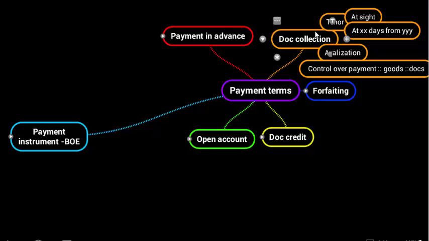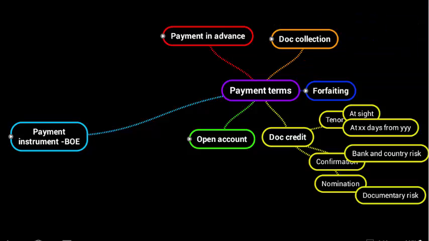So there is a limited control over payment by means of exercising control over goods, which in turn is in the form of constructive control over the documents, where the documents are documents of title, consigned to the bank, and unless and until the bank releases the documents, these goods will not be released, and so payment is guaranteed. This is one way of looking at it. Another is to have it avalized so that the bank will have a promise. The third one will be to have the documents sent at sight for collection and deliver the documents only against payment.